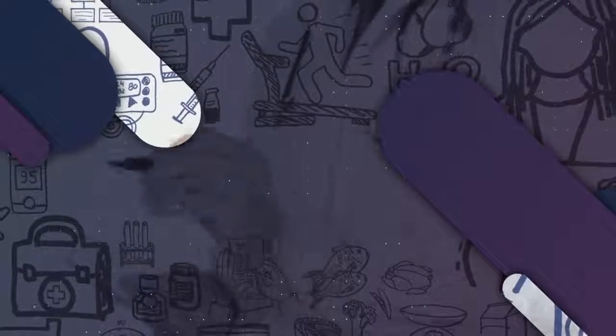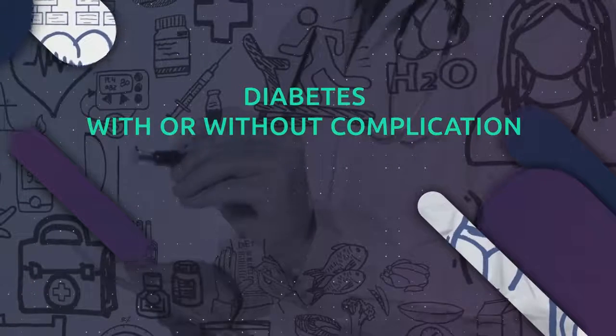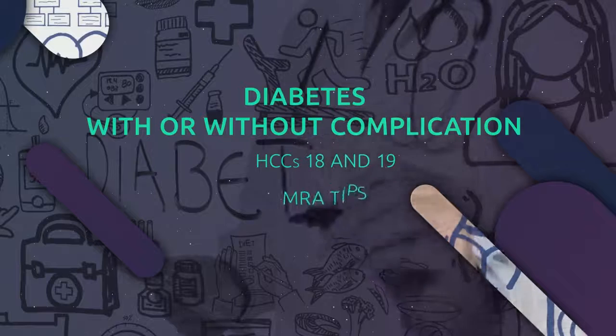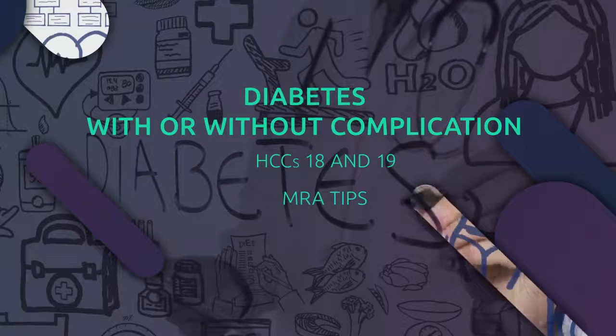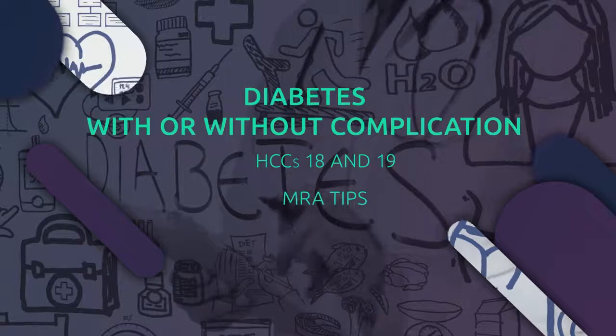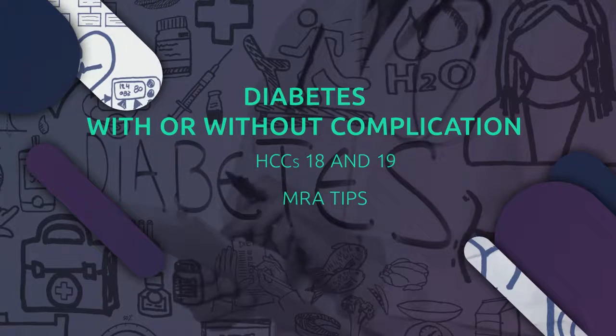We welcome you to our module, Diabetes, with or without complication, HCCs 18 and 19 from MRA Tips. This module has been developed specifically for MRA reviewers as a refresher on diagnosis criteria, documentation, and coding of diabetes